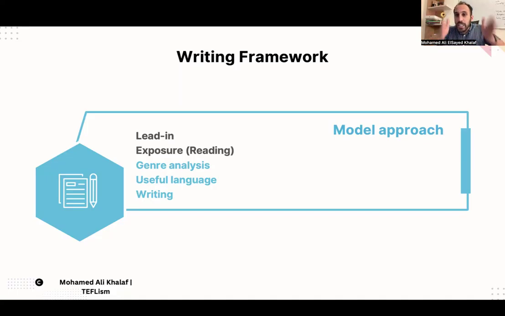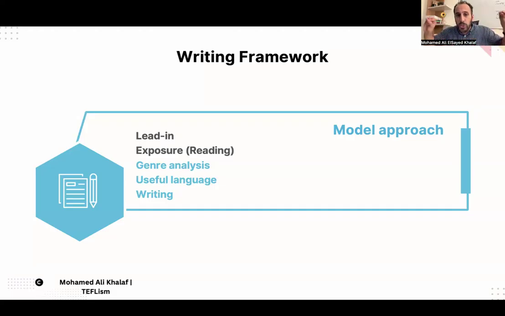So an effective teacher will be able to look at this piece of writing in the exposure stage and decide the useful language the students need. That means some vocabulary will definitely appear in this genre and some grammar that will definitely help with this genre. That's your job when it comes to a writing lesson.